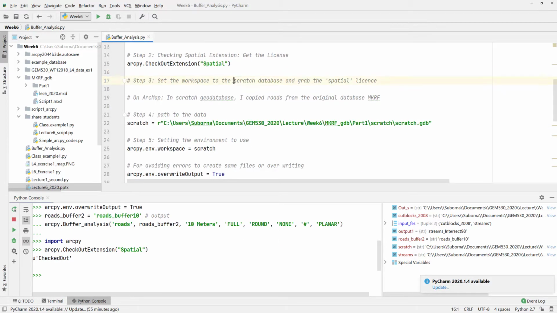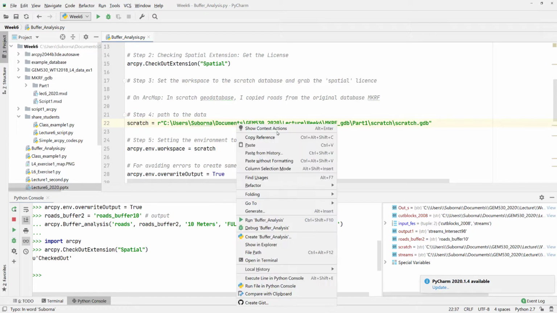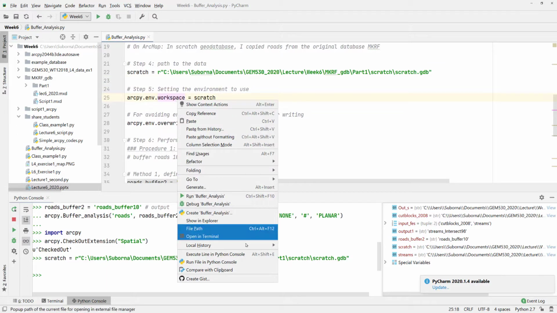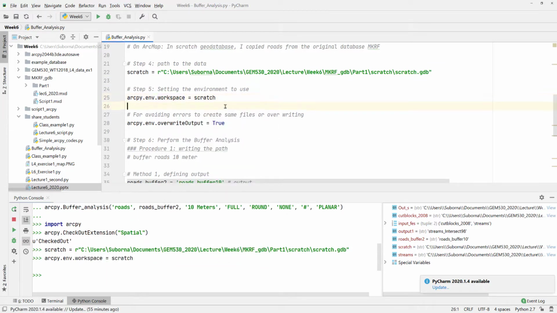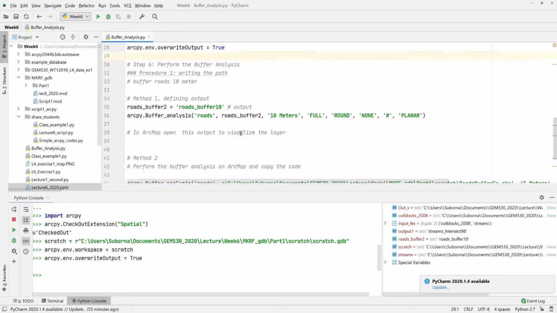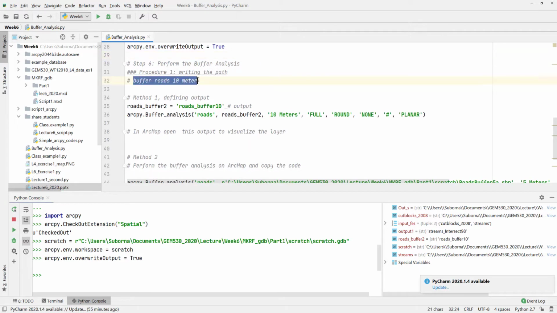We are going to use the Scratch geodatabase, but you need to make sure that you copied it from the MapLab Research Forest geodatabase, or you can use the MKRF data geodatabase directly. So I kept everything on my Scratch, and I used my Scratch as my environment. And then if you repeat the code, you need to run this line. This is optional. Then I'm going to use the buffer analysis